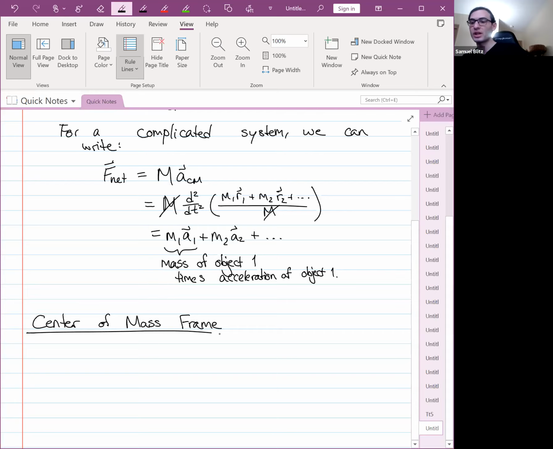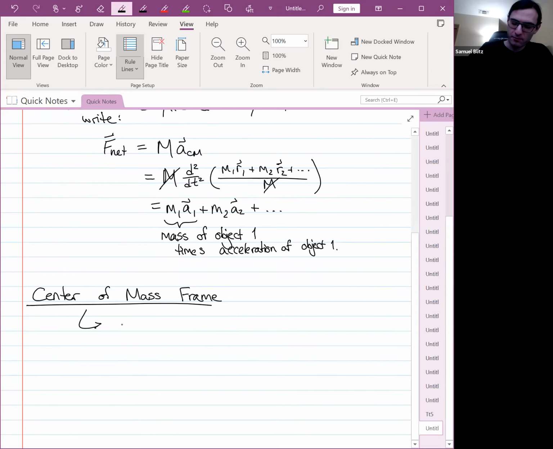So just like how we can do that for the case of the rock falling on the windshield, we can always just move into the center of mass frame, which is just choosing a reference frame so that you're moving at the same rate that the center of mass of a system is moving. In that case,